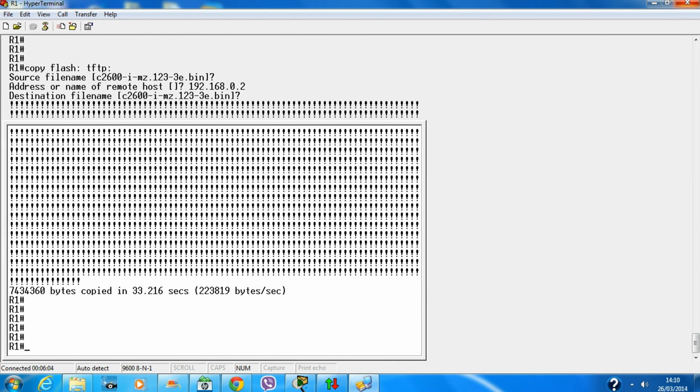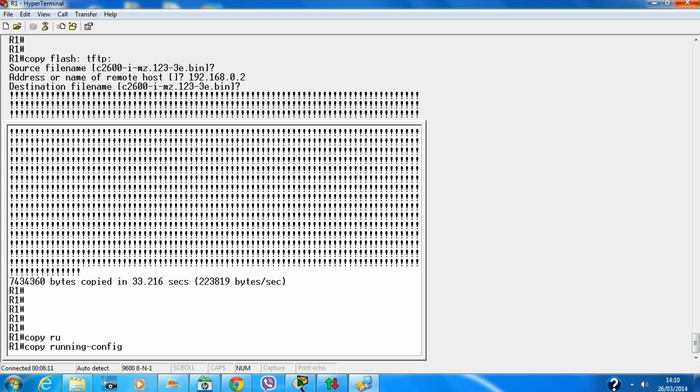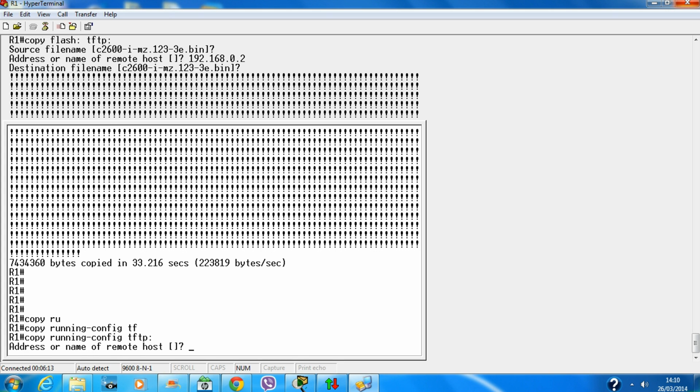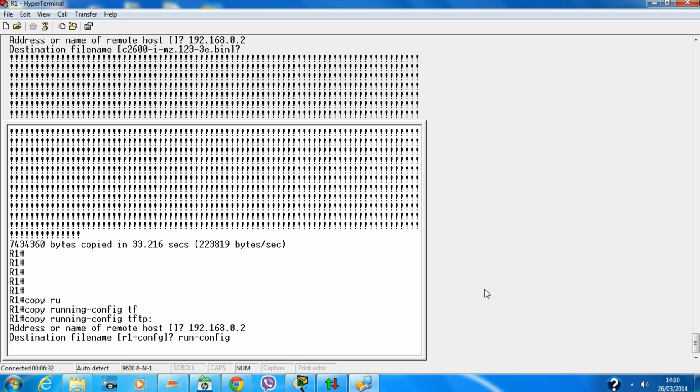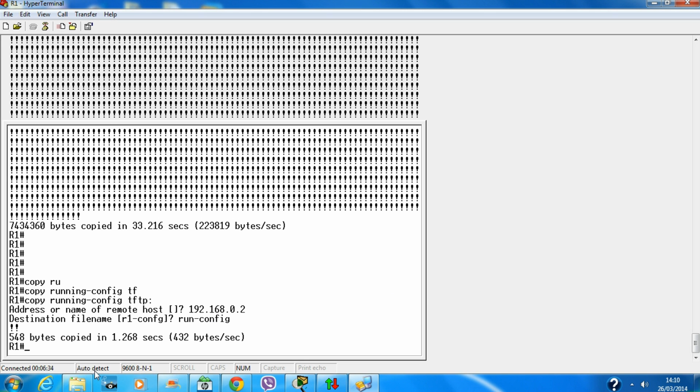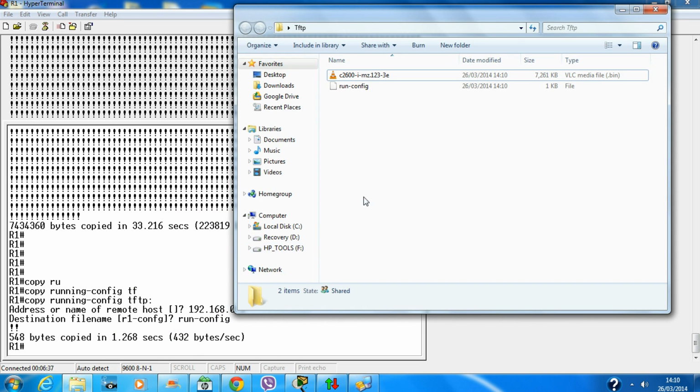Now if I want to back up my running config to the TFTP server, it will ask the host IP address, which is this one, and if you want to change the file name from r1 config, let's say it says running config. Okay, it has copied,